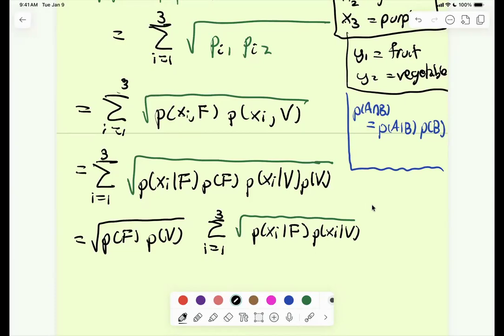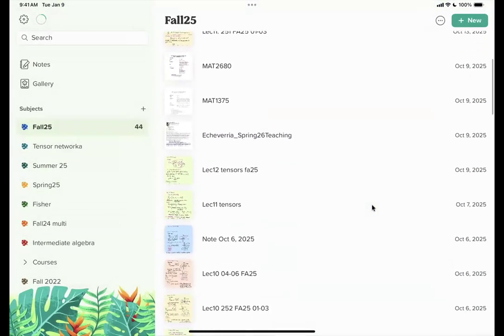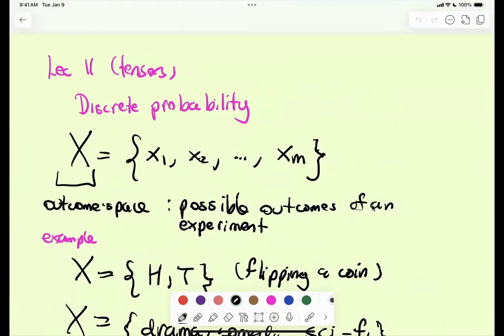And then we're almost there. I don't know if you remember, the first time I told you about probabilities, I told you there were these measures between probability distributions. That's why I talked about taking the square root. Maybe you should go to the notes from that day, which was maybe two days ago, actually.